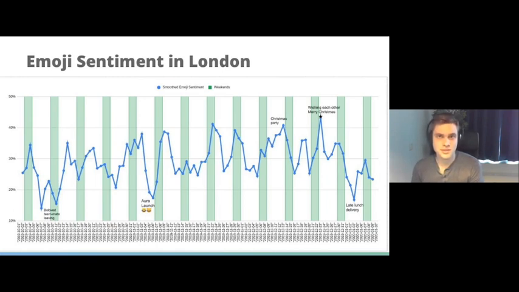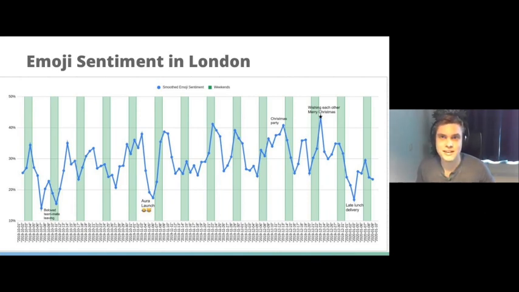What's interesting to do here, once you have this kind of graph, is that you can identify the peaks and the dips, and we can actually link them to certain activities in the company. The first one, all the way on the left, is when a beloved teammate left, and there was a significant dip in the happiness of the employees. The biggest peak, all the way at the end, is from a couple of days before Christmas, when everyone was wishing each other a Merry Christmas. That resulted in a really high sentiment value.